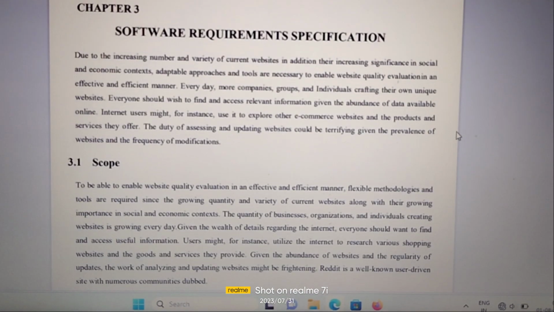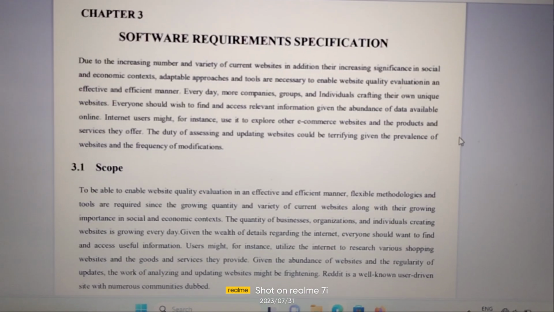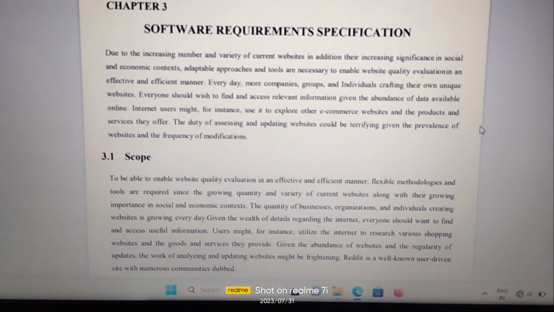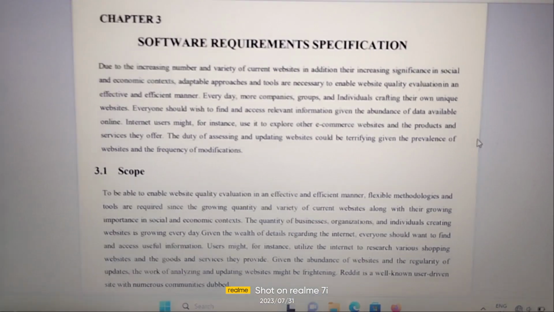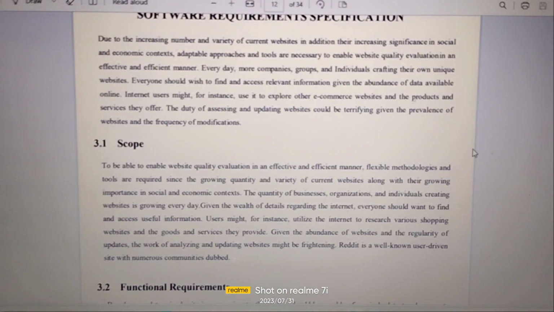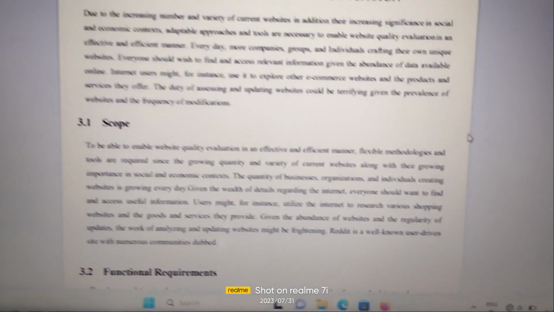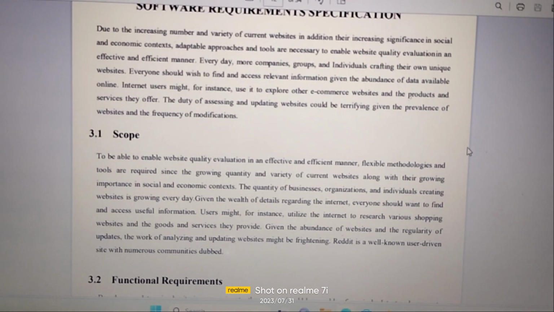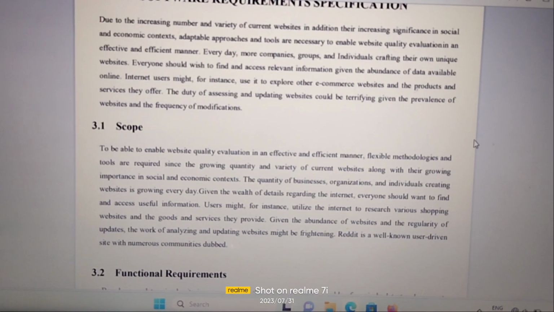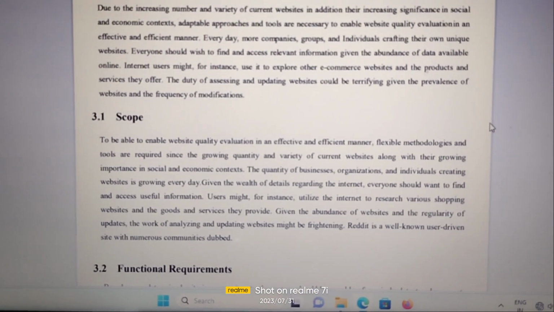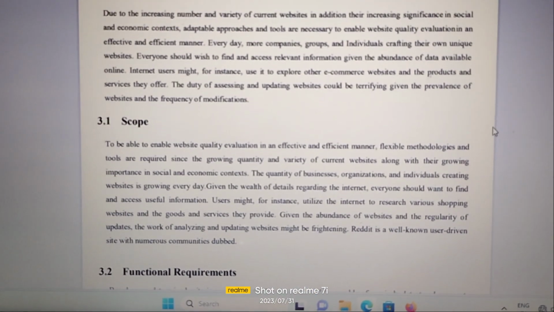The duty of accessing and updating websites could be terrifying given the prevalence of websites and the frequency of modifications. The scope for software requirement specification is to be able to enable website quality evaluation in an effective and efficient manner. Flexible methodologies and tools are required since the growing quantity and variety of current websites, along with their growing